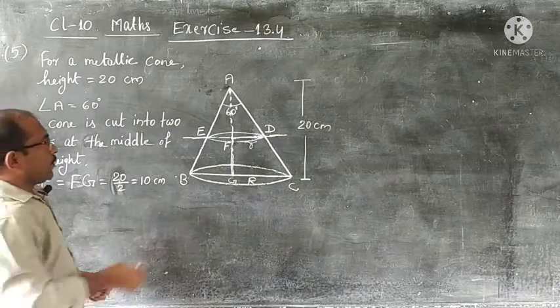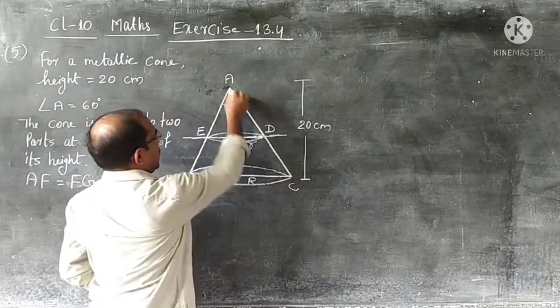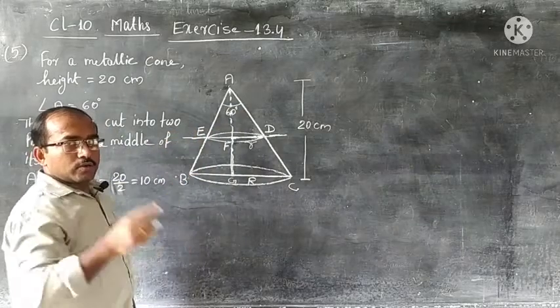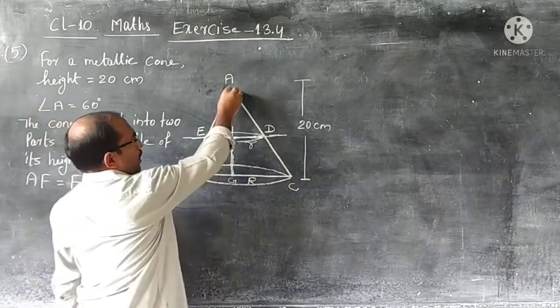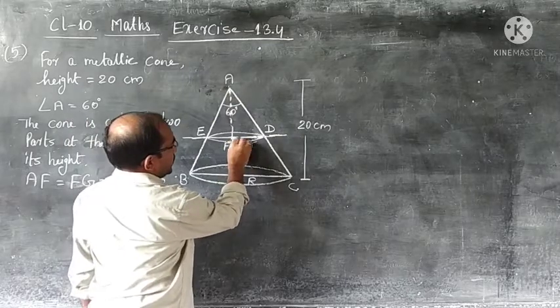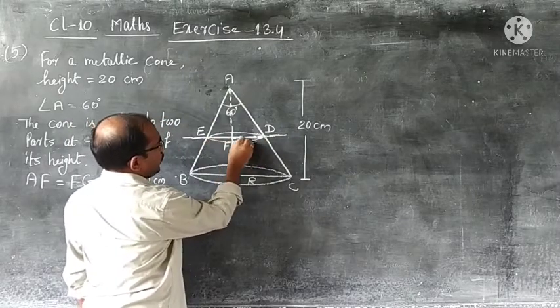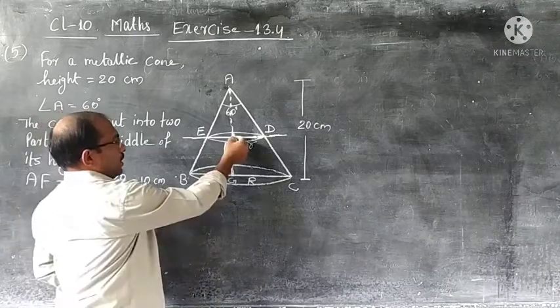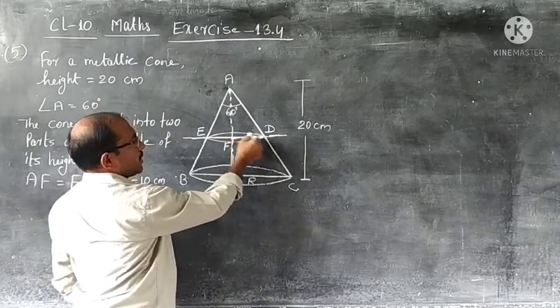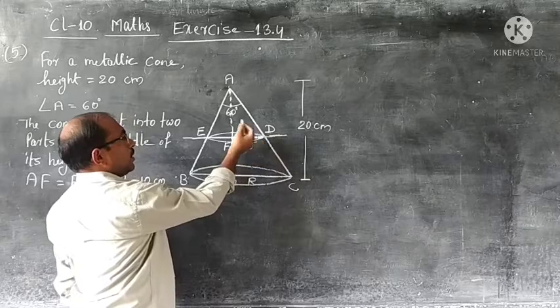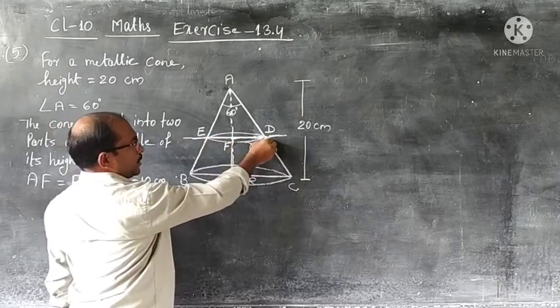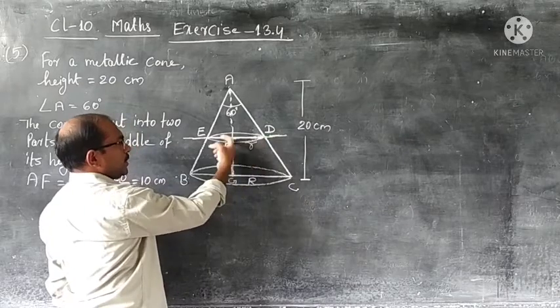Now let us discuss this part. This AED is a triangle, so we will discuss that part. Here, this is R. So this ED will be R plus R, that is 2R. Remember, FD is the radius of the smaller end. That is R we have taken. So ED will be the diameter of that portion. That means it will be R plus R, 2R.